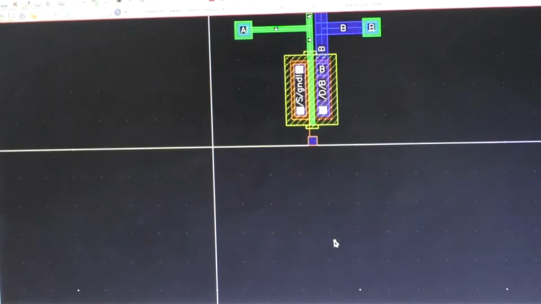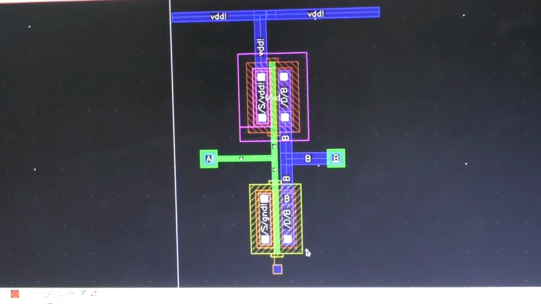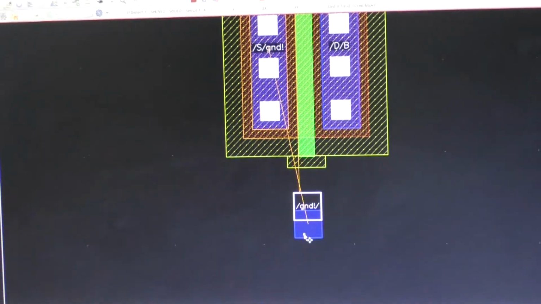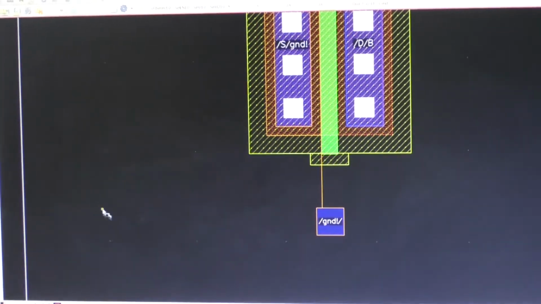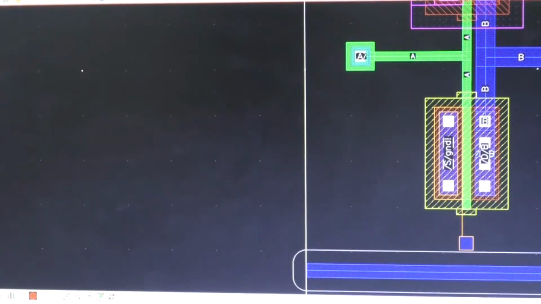Now in the same way for the NMOS, we have to make the same kind of interface. I am considering one power supply rail for the ground.